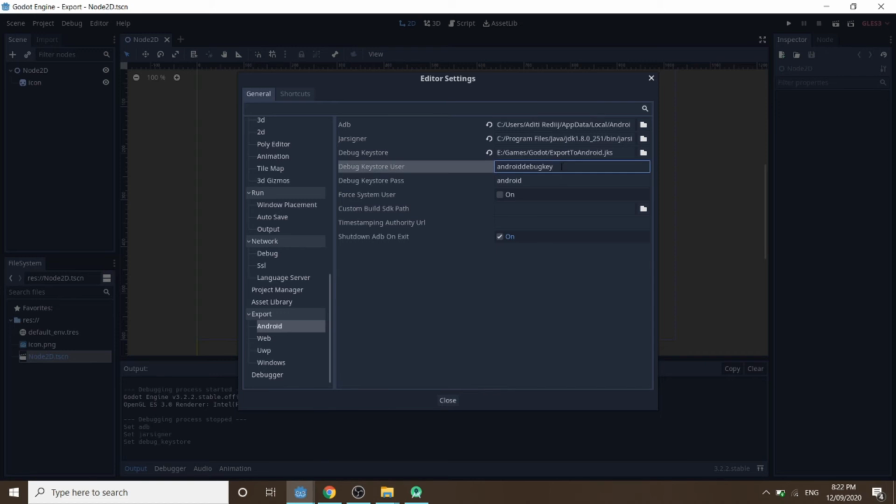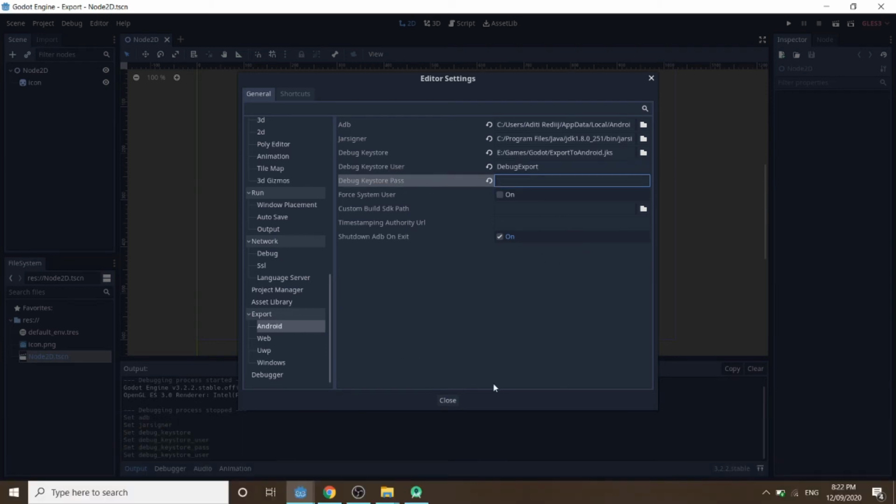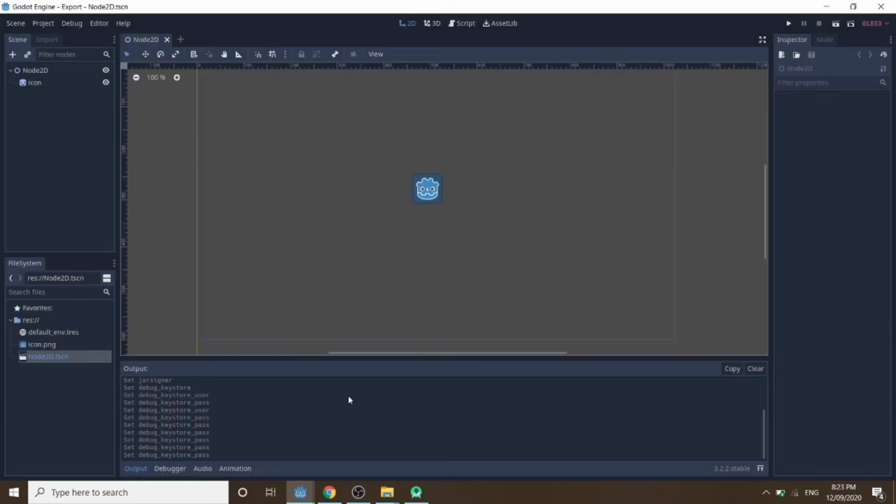Now clear the previous keystore user and keystore pass. In keystore user, type in your alias which I told you to remember or write down. Type the password in pass. And don't worry, you are probably wondering whether the file should be .keystore, and I checked it. It worked just fine.